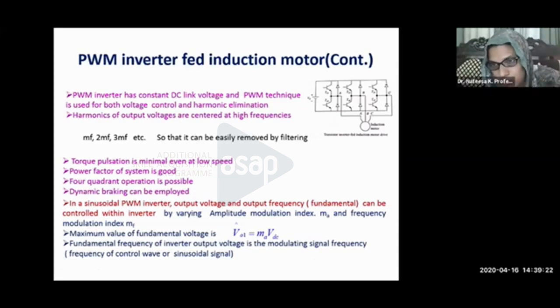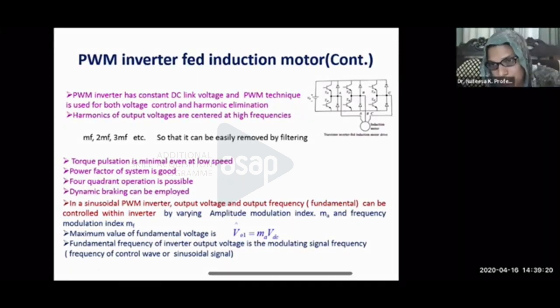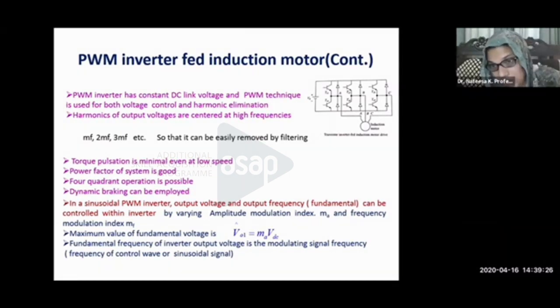If you want to control the speed of the induction motor, you can do that by varying the frequency. Here we are dealing with the control of a three-phase induction motor through a VSI, voltage source inverter. We have seen two options: one is the stepped wave inverter, and the other is the PWM inverter. In the stepped wave inverter, we saw a lot of drawbacks, and these are overcome by the PWM inverter in the second case.